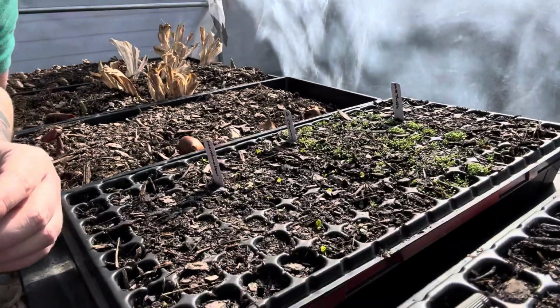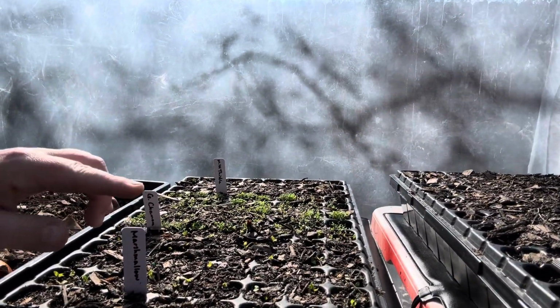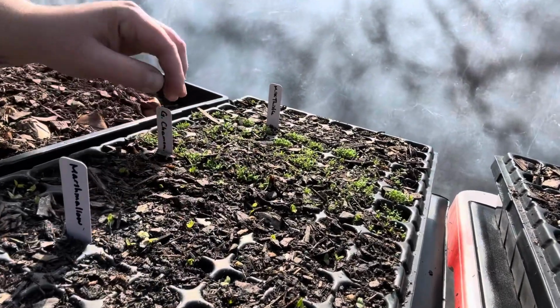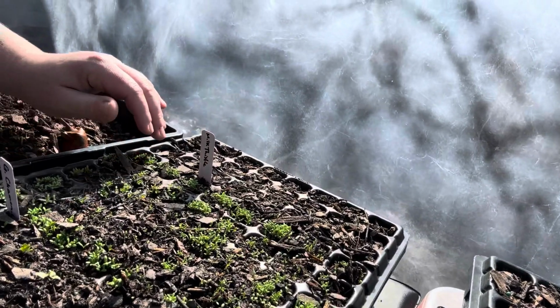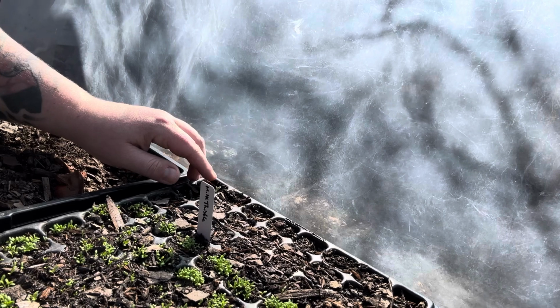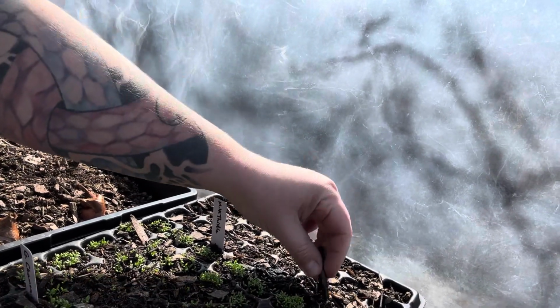But I want to show you guys. Look, I finally got the labels. So we've got our marshmallow coming up. I did wish them happy birthday. So much chamomile has come up. And as of this morning, our very first milk thistle has popped its head out, which makes me so excited